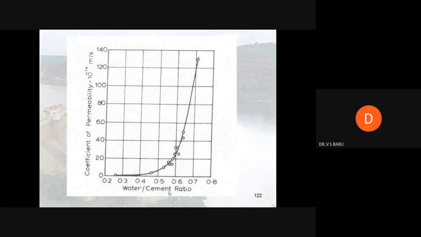Suppose there is a dam, and one side is fully heavily watered, with a water column 100 meters high, and on the downstream side there is no water. At that time, what happens? Because of the small cavities, they will allow water penetration, so the water will travel downwards. So one fine morning, what happens? Because of the flow along with the water, the cavities in the concrete will increase. Then one day the dam will collapse. To avoid that, the water cement ratio should be maintained at 0.3 to 0.5, within that range only.